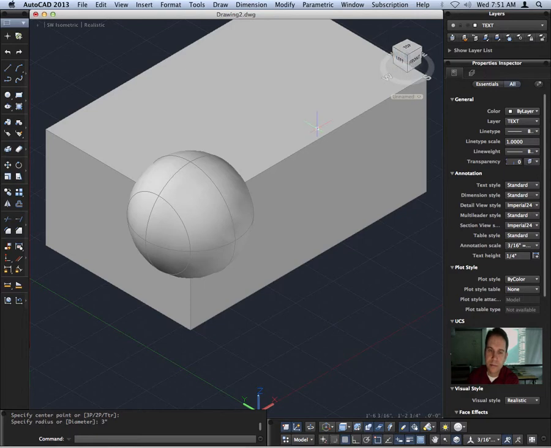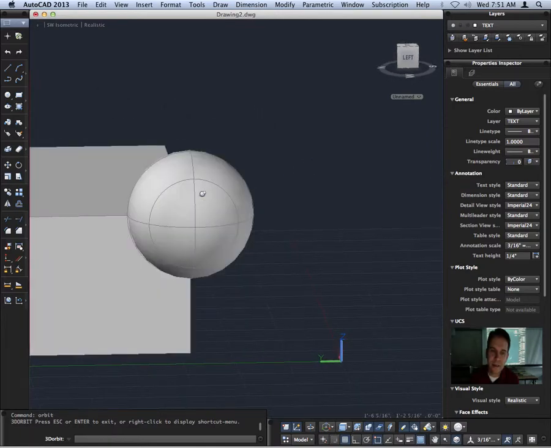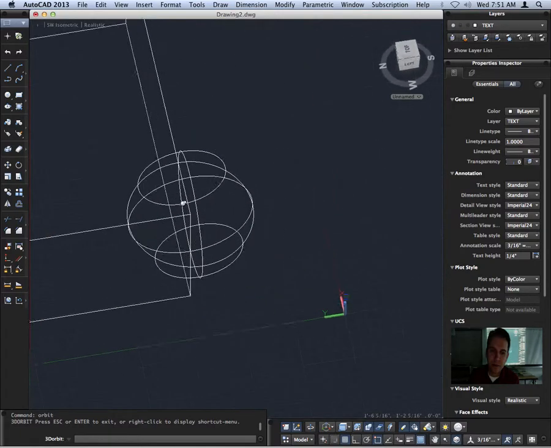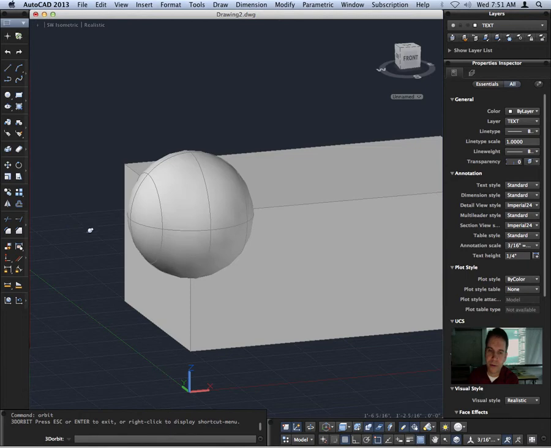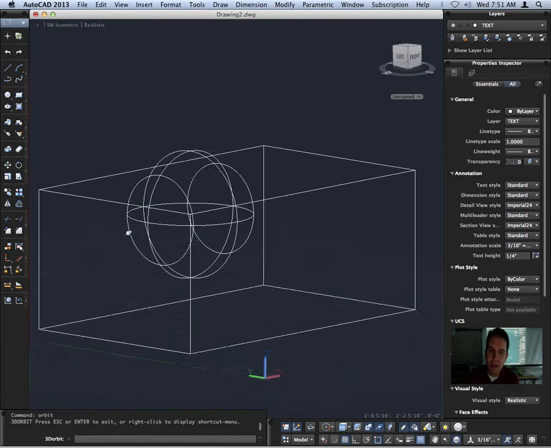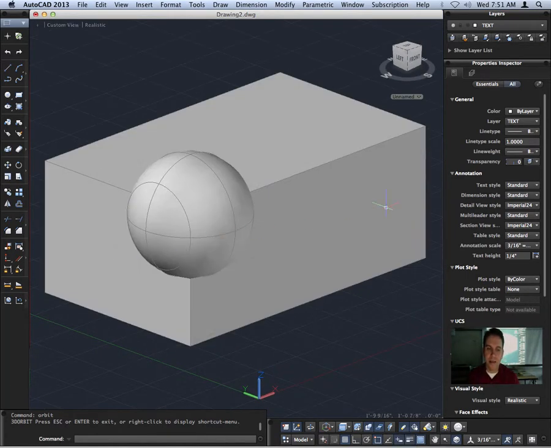So you can see here I just have a sphere that's going right in my corner here, and I now want to subtract this entire sphere from my block here. So I'm going to run the subtract command,